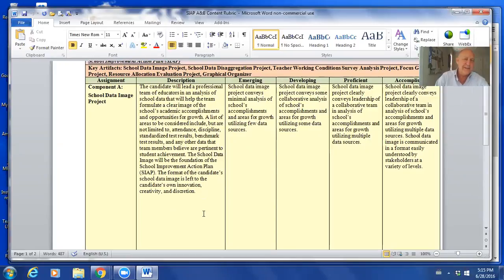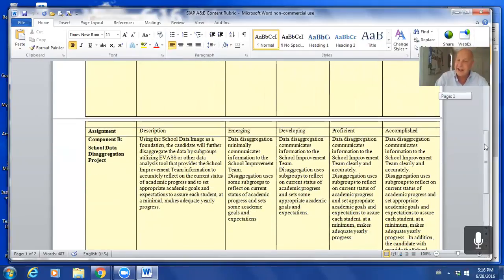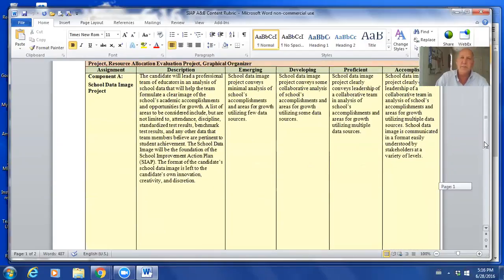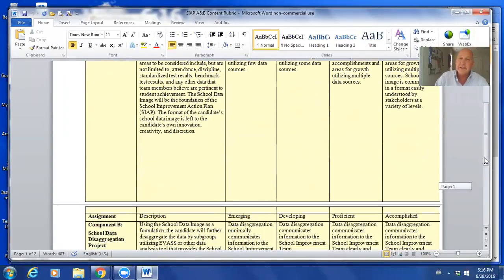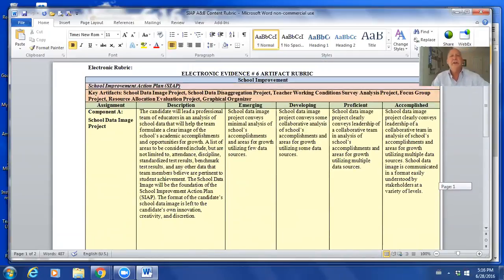If you're not on the team, then you need to get with a team member or find somebody who is the gatekeeper, who has access to that data at your school. Then part B is disaggregating that data. Well, most school improvement data, at least all the EOC, EOG data comes back disaggregated by subgroups. So you're not going to have to do a lot of work if you're gathering the information from a school improvement team member, because it's already been done. So find someone, gather this data together.